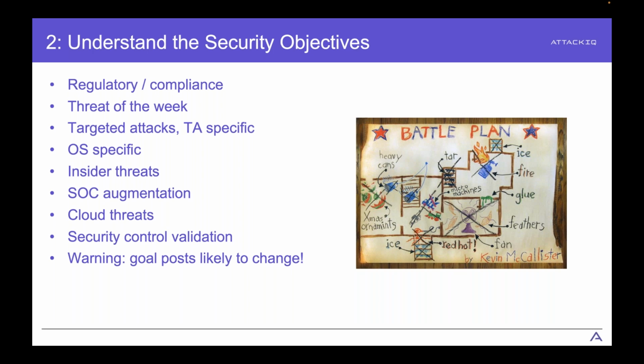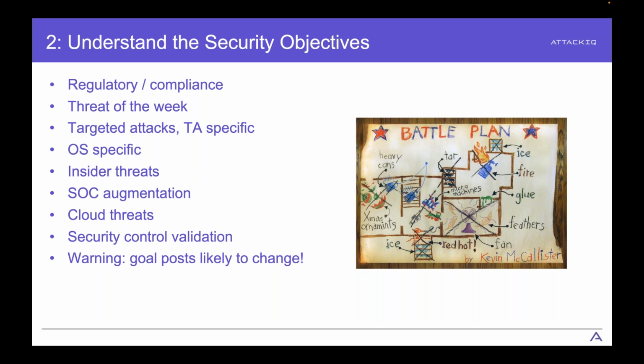There's lots of reasons for that, and as fun as that might be, it's much wiser to use precision and very, very careful planning. And first and foremost of that planning is understanding these security objectives and the goals, which is ultimately going to help you drive those assessments, right? So in the context of adversary emulation or breach and attack simulation, the organization may have regulatory or compliance requirements driving the business, right? So they may be concerned with PCI auditors coming in, they may be concerned with HIPAA or whatever the case may be.